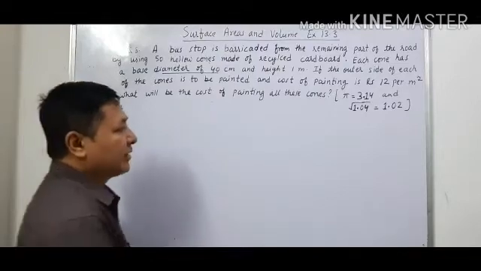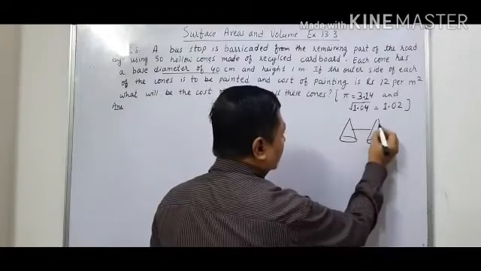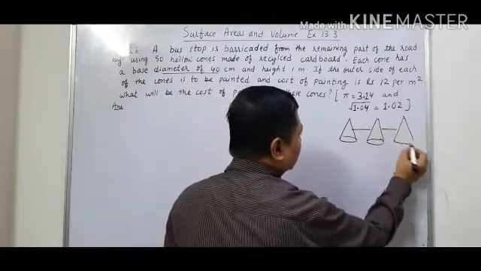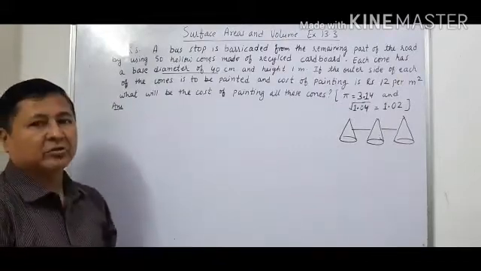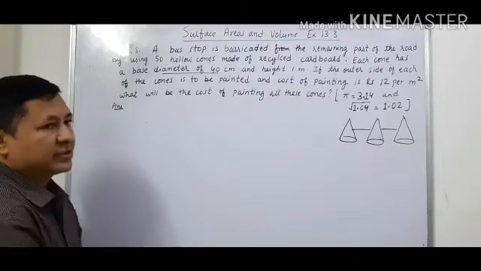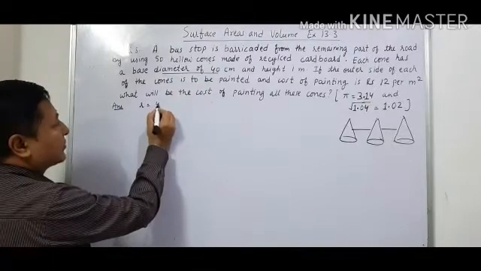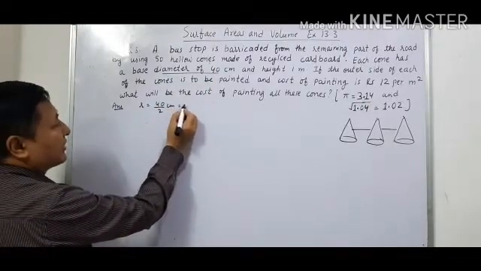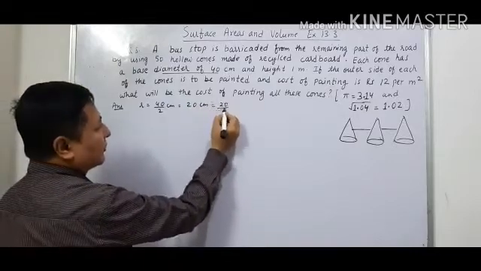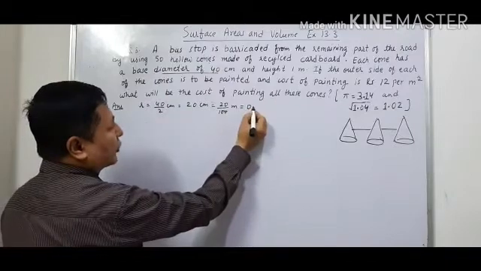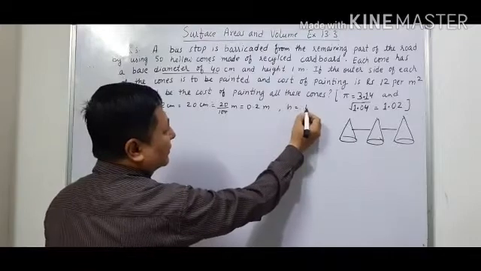Now you might have sometimes seen that hollow cones are used for barricading. These types of hollow cones are used for barricading. So in this we have to find how much is the cost of painting all these cones. There are 50 cones here. So first let us see what is given in the question. First we will take radius. Diameter is 40 centimeters, so the radius will become 40 upon 2 centimeter, that is 20 centimeter. And if you convert it to meter, it becomes 20 upon 100 meter, that is 0.2 meter, and height is given as 1 meter.